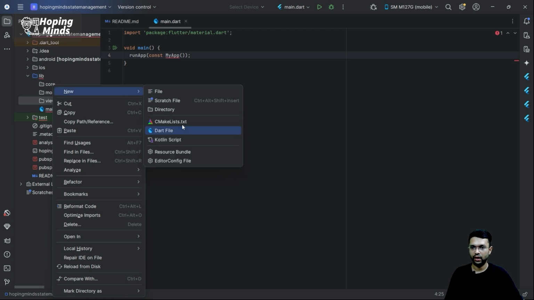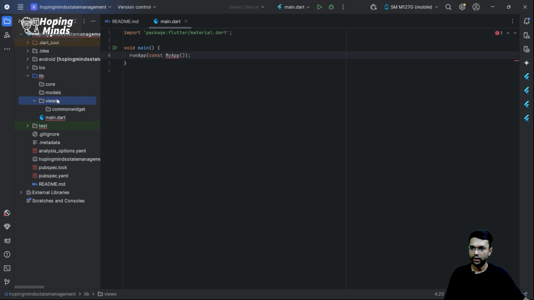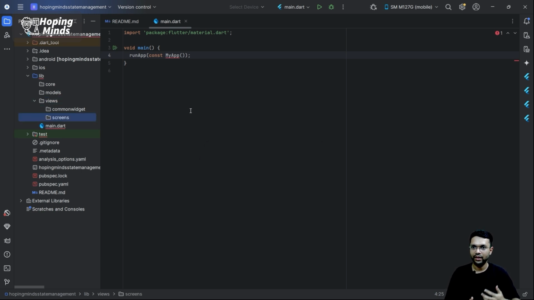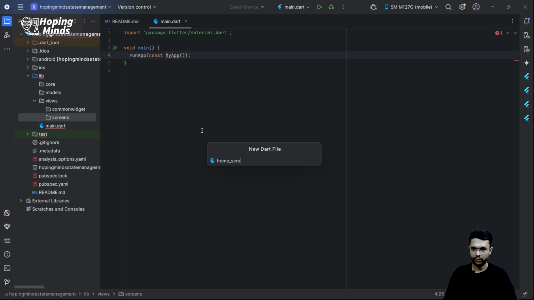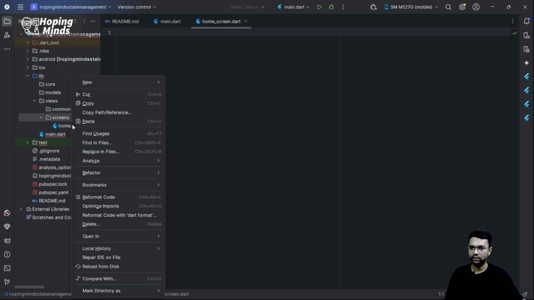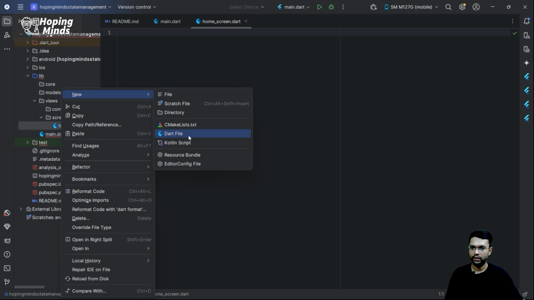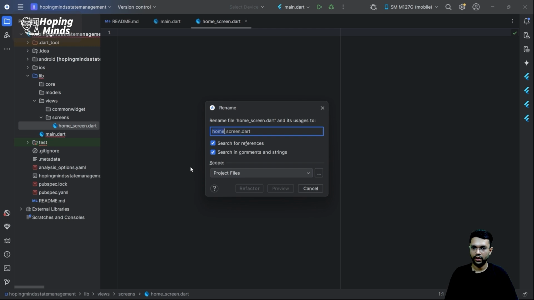Inside views, I'm going to create one more subdirectory as common widgets, followed by screens. Well, that's a lot of directories I created, and now actually I'll head into my code. Number one, I'm going to add my home screen. Well, I can try to rename this, refactor rename as display